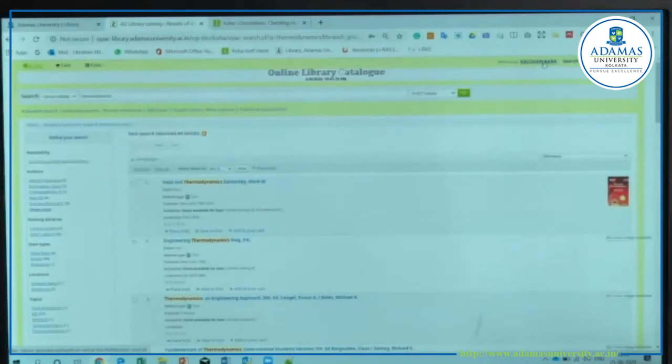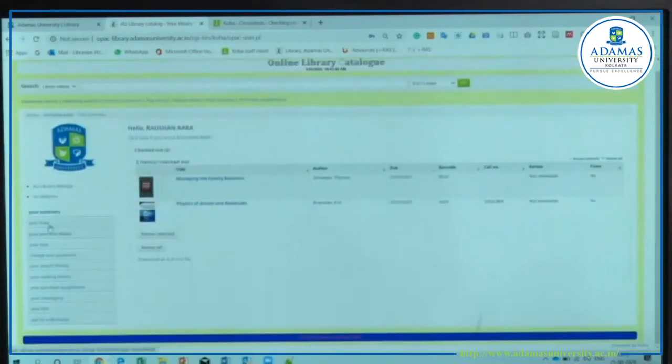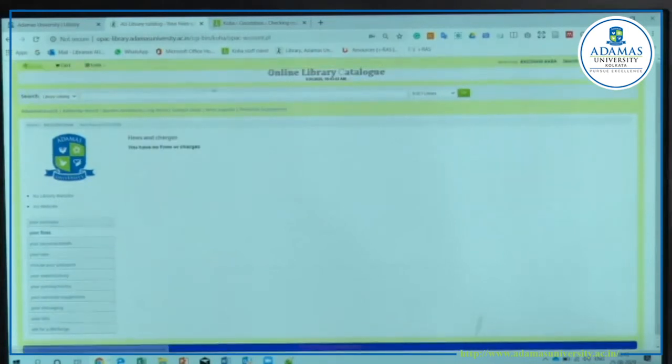So again, I am going to your portal. Already I said that during normal days we charge a fine for the late return of books, but you will be able to know how much is your fine and what for. You just click your fine button, you will be able to see the fine amount. The action is you have to return the books and you have to pay the fines at the library for opening your account. Until you clear your account and pay the fine, your account will be blocked. Okay,